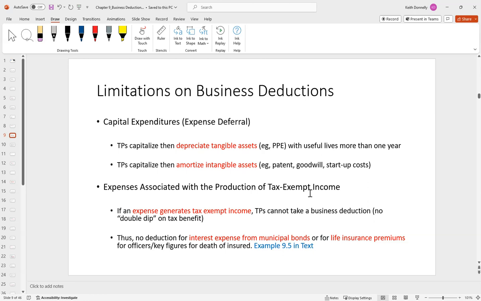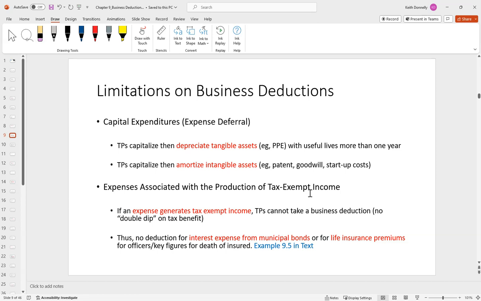Likewise here, life insurance premiums for key figures. What's going on here? Well, whenever you have premiums, like any kind of insurance premium, it's monthly. Like your car insurance premium versus your deductible, right? Your premium is what you pay every month. Your deductible is what you pay when you're in an accident. But in any event, what's going on here is if you have this life insurance policy on the CEO or something, right? And say this guy dies in a plane crash,